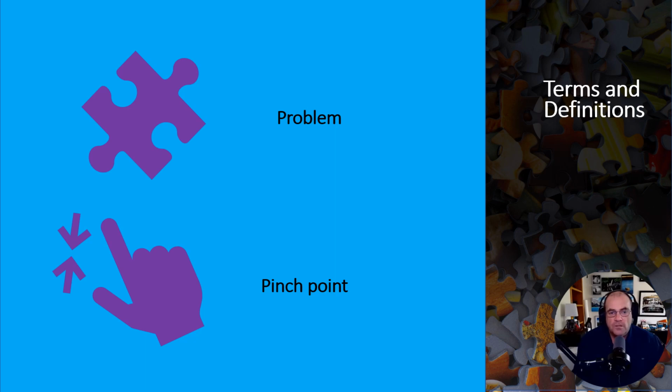A pinch point is similar to a problem. Basically, the learner is having trouble with something and it's causing a pinch point for them, and they want to make that better, and that's why they take the course. So basically, this comes down to this really big thing to help motivate people: what's in it for me? We need to show what's in it for them. It's very similar to the advertising industry. They want to show you what's in it for you right away to grab you and make you want to buy things.